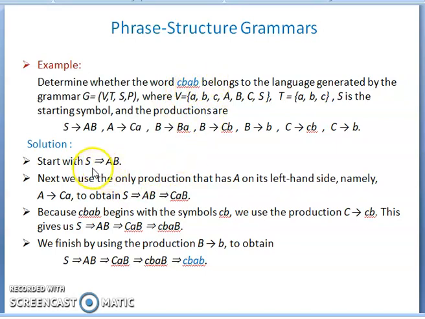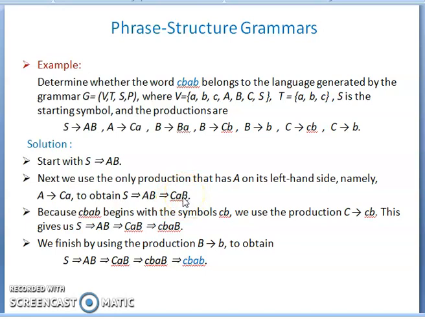So we use the start symbol, S implies AB. Here you can substitute some of the strings by using A and some by using B, according to these productions. Now only one A is there on the left side, so you take capital C and small a instead of capital A. We use the production capital A implies capital C and small a. So we obtain S implies AB, and instead of A we substitute capital C and small a, and as usual the capital B is there. Finally you will get capital C, small a and capital B.